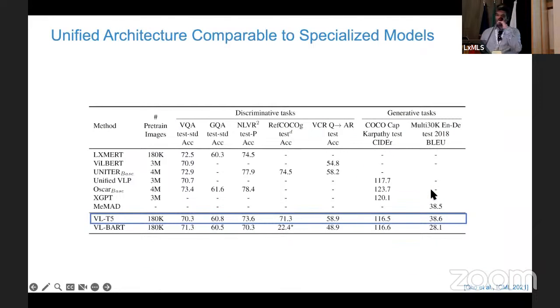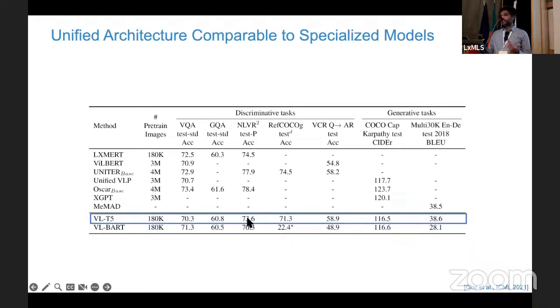So I'll not go too much into the result details, since I'm trying to cover a sort of journey of progressively more unification. But there are 3 main results here, and we can discuss more offline. The first result was that compared to all the specialized models for these 7 or 8 different tasks, VQA, relationship, referring expression, captioning, multimodal machine translation, different discriminative and generative tasks, compared to all the specialized individual models for these tasks, that's why you can see a lot of dashes in the previous work, because they're all specialized for 1 or 2 tasks.